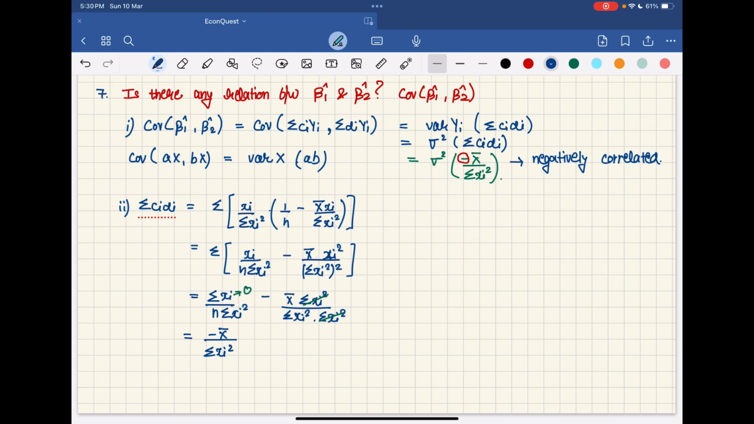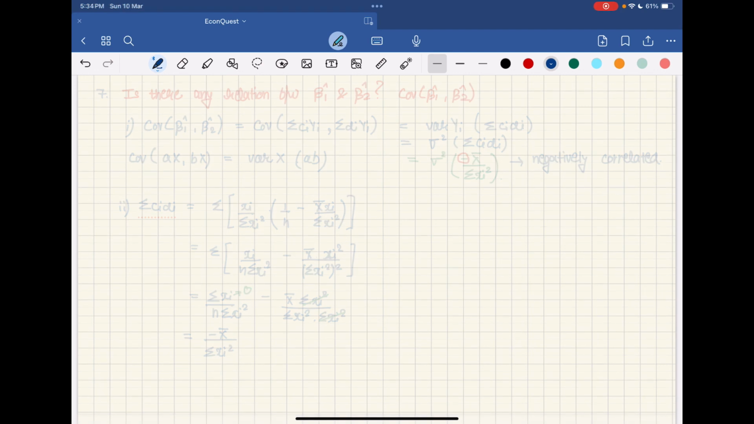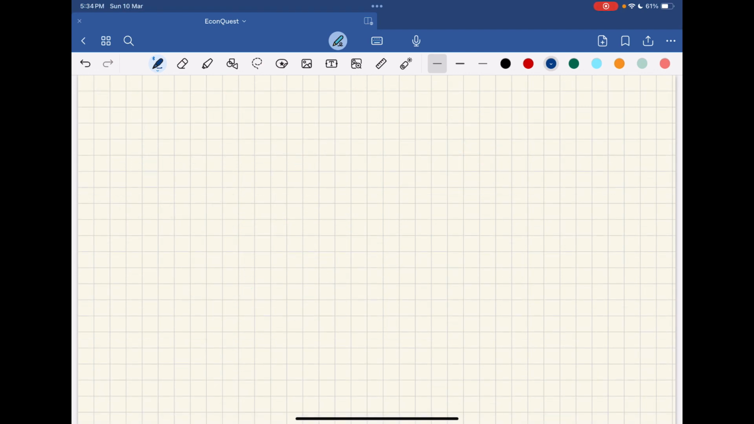ओके अगर एक ओवर एस्टिमेट होगी तो आपकी दूसरी अंडर एस्टिमेट होगी एक सैंपल में. ओके नेगेटिवली कोरिलेशन का मतलब यहाँ पर ये है. ओके ओके नाउ